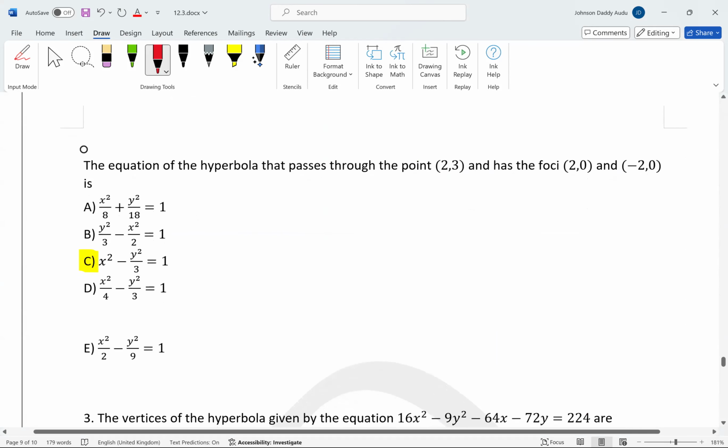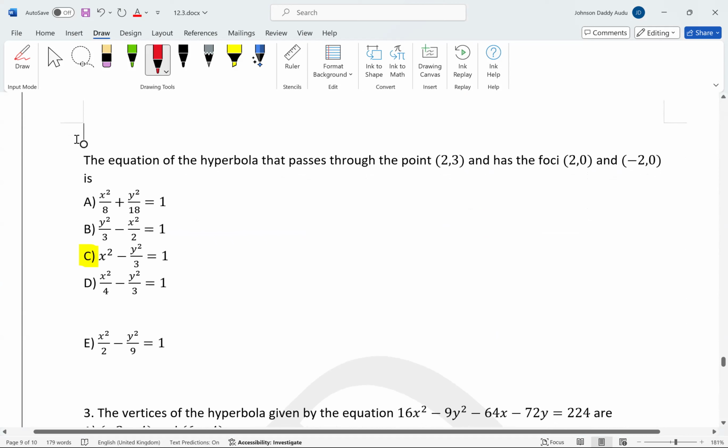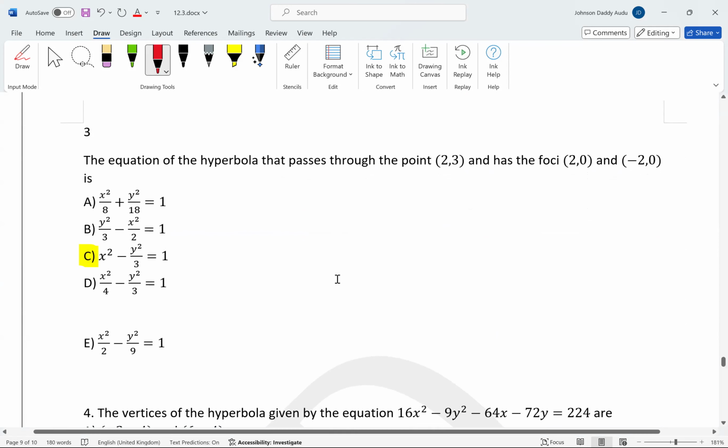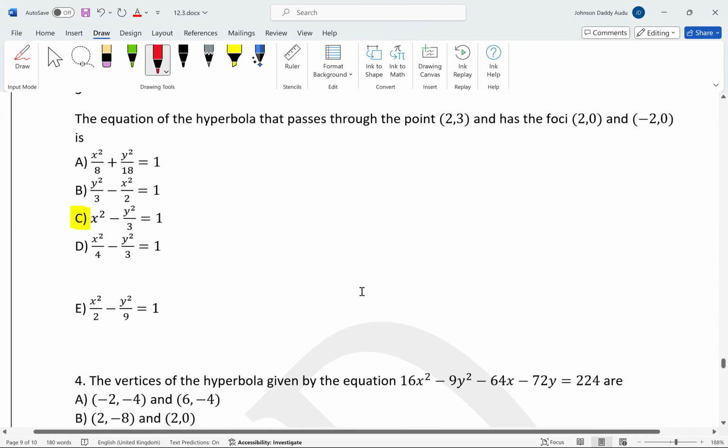So this, I think, should be the third question, not the second one. So this should be number 3. It's number 4. Now, the equation of a hyperbola that passes through the point 2, 3,